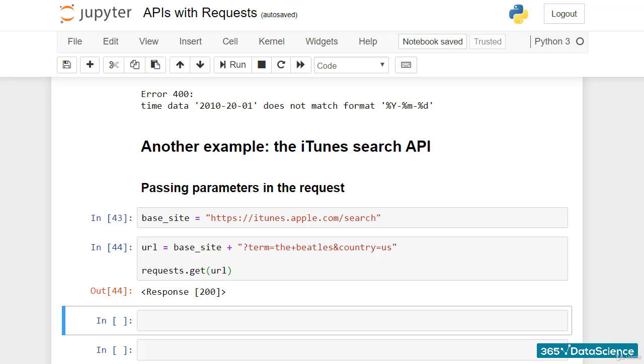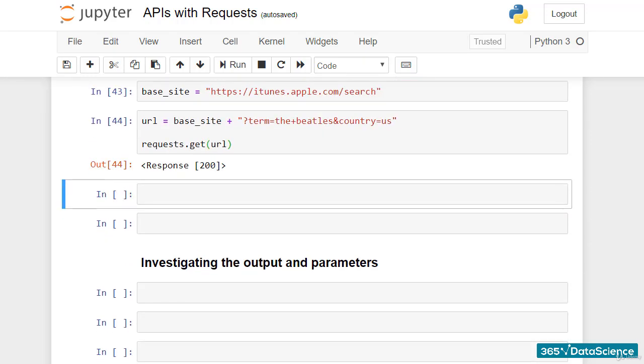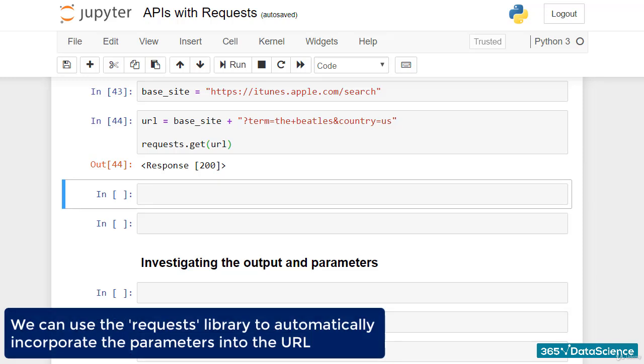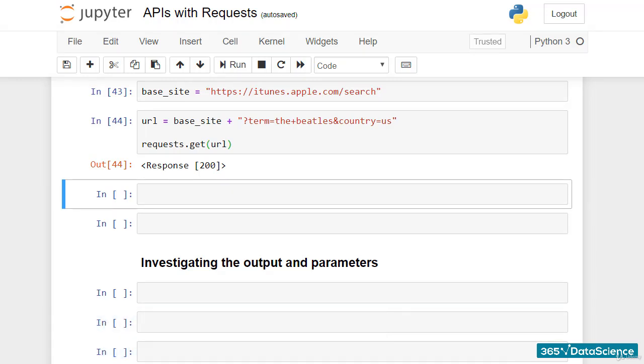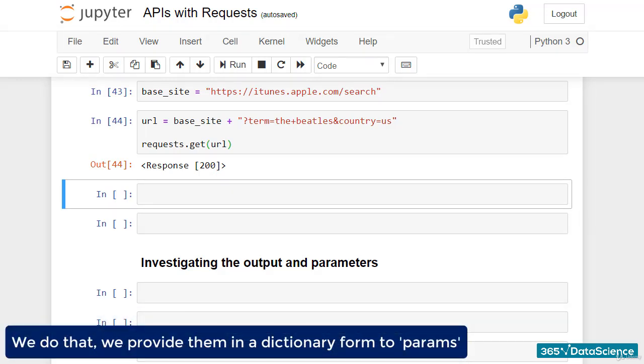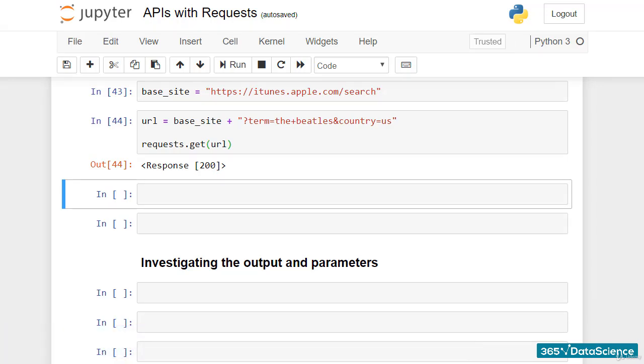Having to worry about special symbols in the URL, though, is undesirable, as it can make the code less elegant and produce more bugs. I'm going to show you a little trick now. Instead of adding parameters manually, we can use the awesome requests library, which provides a way to automatically incorporate them into the URL. To do that, we need to pass the key value parameter pairs inside the get method to params. So we can rewrite the previous request like this: